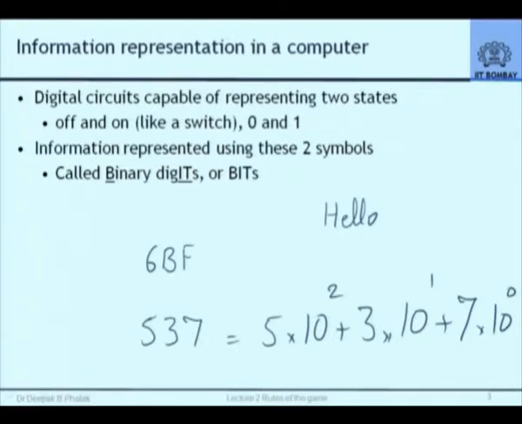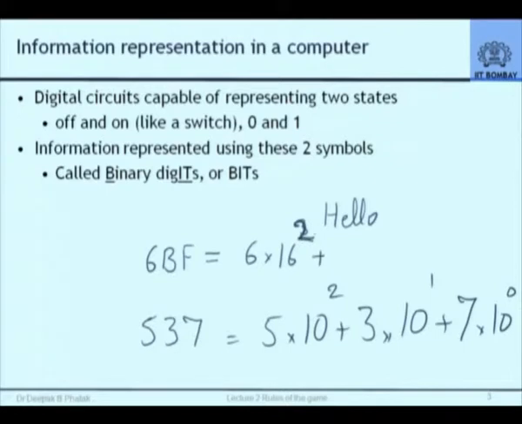So whatever the base is, you multiply it with the power 0, 1, 2, 3, 4 increasingly, and multiply that with the digit that appears in that place. In the case of hexadecimal, the digits which appear are 6, B and F. How would you then interpret the value if you were to write it as a decimal equivalent? You will say 6 multiplied by 16 raised to 3 plus B, B will stand, 2.